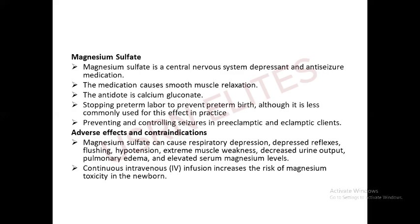Then, depressed reflexes. Depressed reflexes has to do with deep tendon reflexes. Two days ago, I saw a reflex assessment being shared on the page. When you are to assess reflexes, they are graded from 0 to 4. In 0 to 4 reflex grading, 2 is the ideal reflex. As you are there without any issue with hyperreflexia or hyporeflexia, our reflex is 2, meaning we have normal body movement